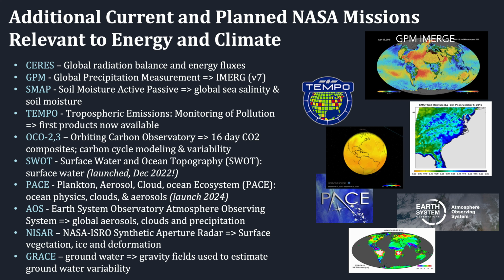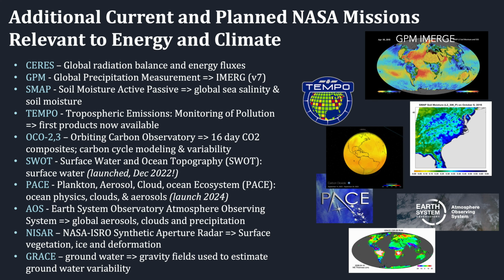So we have water emissions, we have the particular emissions in the air, we have the Orbiting Carbon Observatory as well. PACE is going up next year, which is going to be looking at aerosols, but also ocean color and ocean life, and it is also going to have global clouds and aerosols information. There's a new Earth System Observatory, ESO, with an emphasis on aerosols, but not just aerosols, their role in clouds and precipitation.